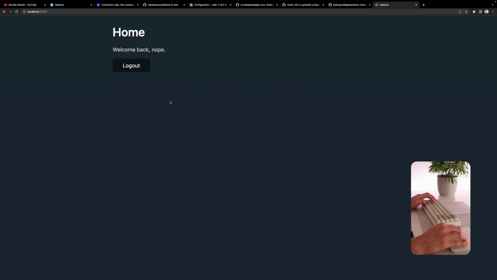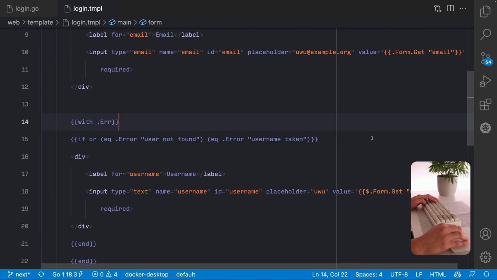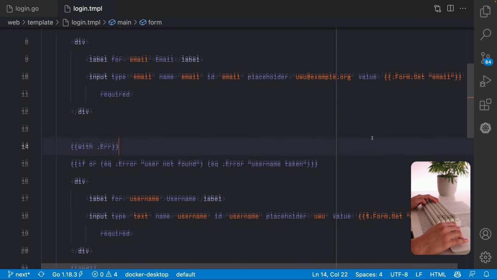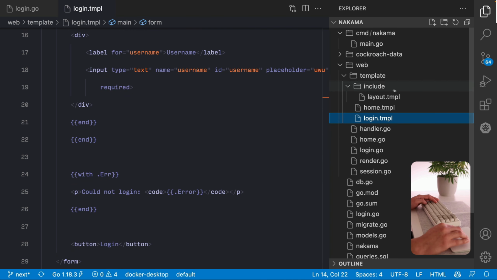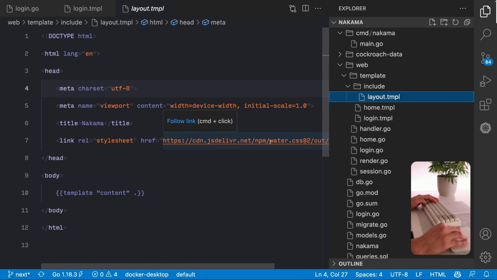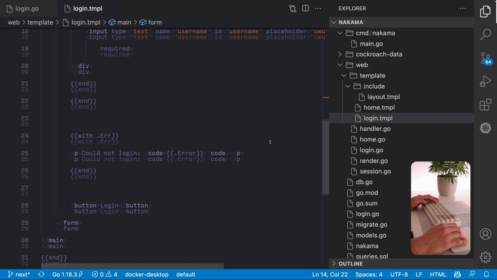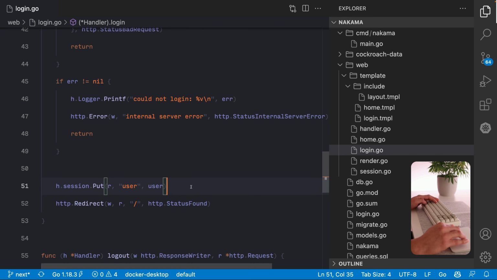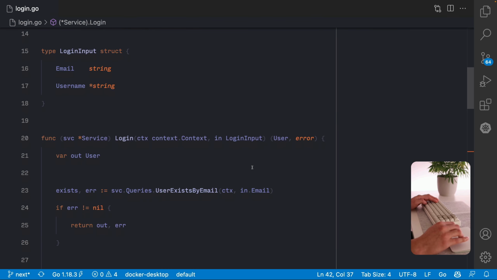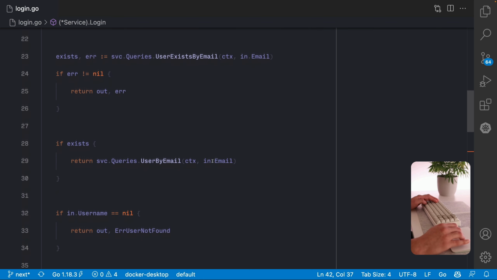And yeah, that's it. Let's quickly iterate over what we did. So we are using a template layout. We added some nice CSS. We handled errors from the forms. We are using sessions to store the user in. And we abstracted our core logic into a service struct.